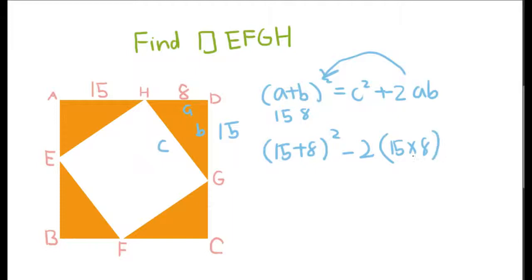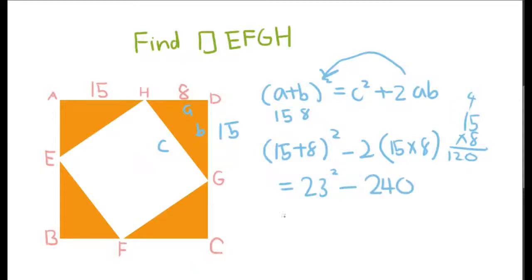Did I do this correctly? Yeah. Minus 15 times 8 times 2, and this would equal 23 squared minus, what is this? If I times that,